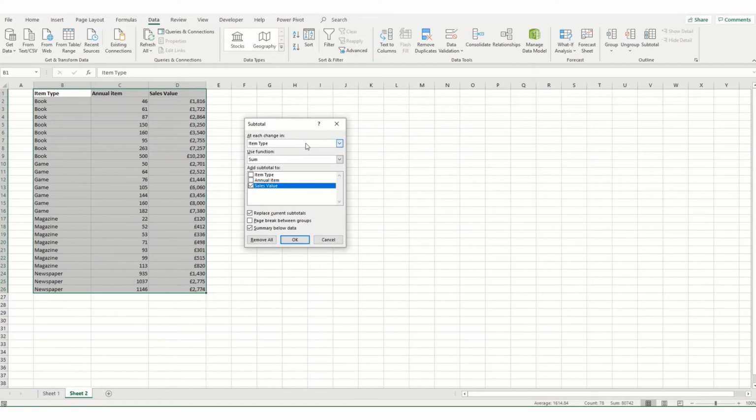And what you can do is set up your subtotal. So we want it for each change in our item type. We want to sum that, and we want to apply it to both our annual item and sales value columns. If you've already got subtotals in your sheet, you can choose whether to replace them or not. For printing, you can put a page break between your different groups, and we're going to choose to put some summary data below. So if we hit OK,